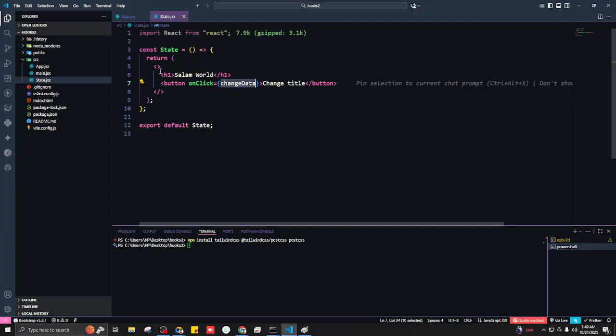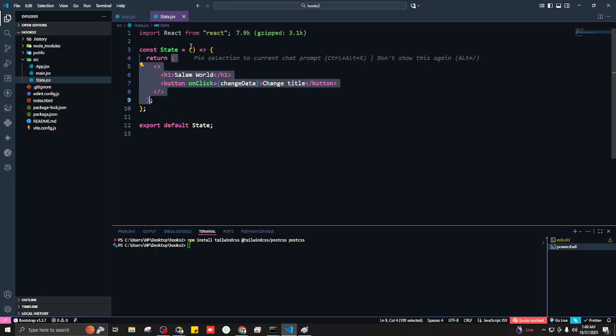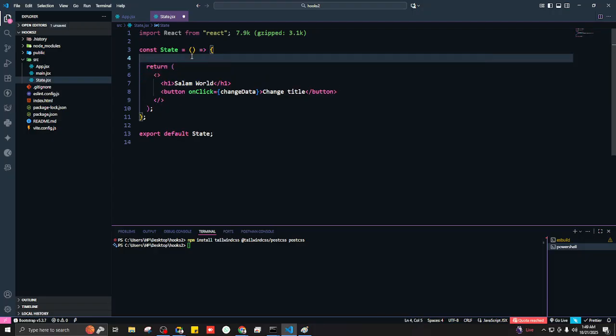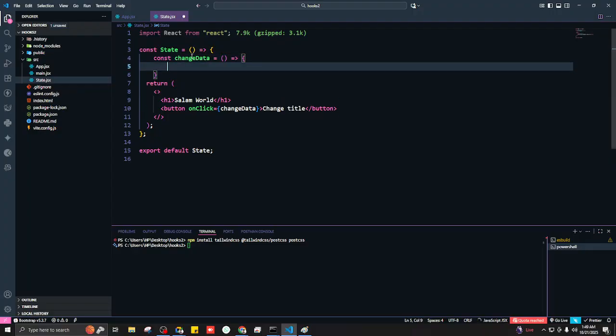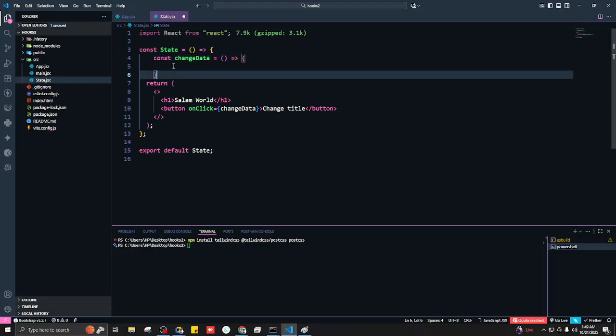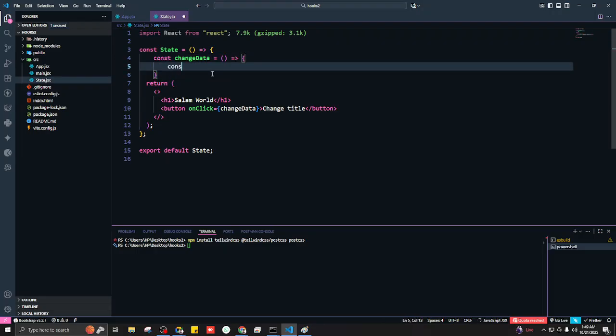What was the second rule? After the return statement it's HTML, but before the return statement it's JavaScript. So before the return statement but inside the state. Okay. So I'm going to create a function and it should be named change data. There you go. So I've created a function here, and it's going to say